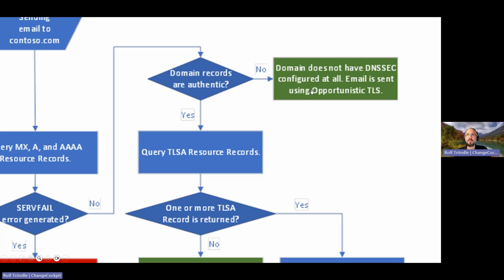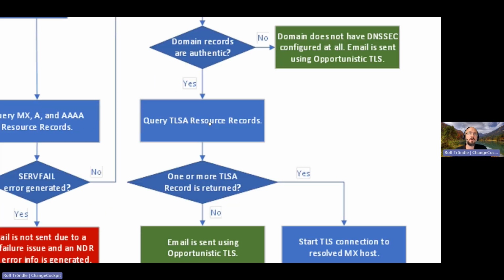If the domain does not have DNSSEC configured at all, this means we will fall back to opportunistic TLS as explained before. We will just use the best available TLS option, but we aren't really sure if it's the right destination system. If we have authentic domain records, this means DNSSEC is enabled and valid, then we will query for